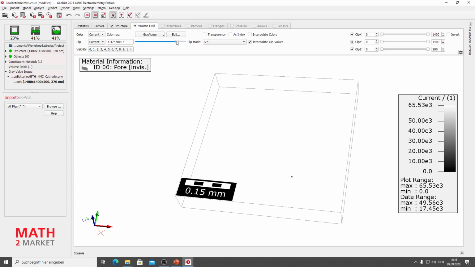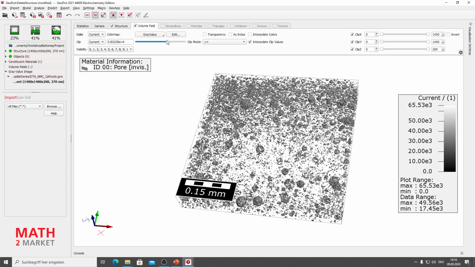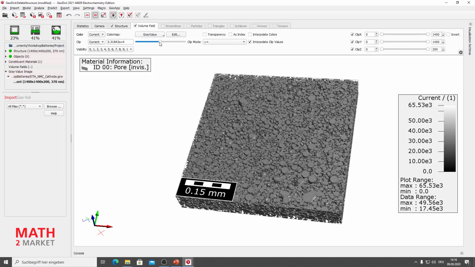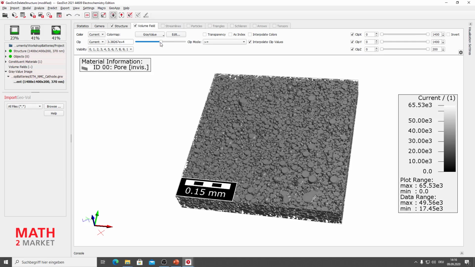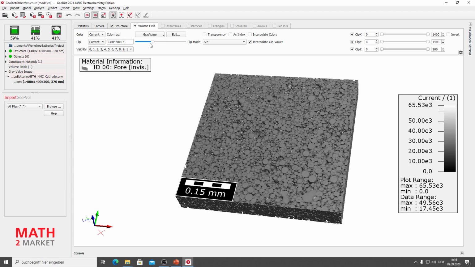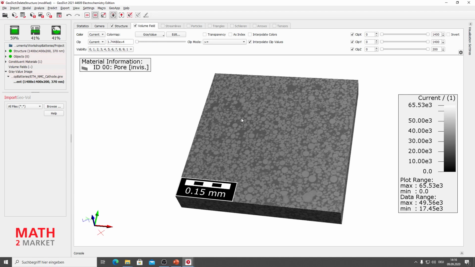You can play around a little bit with that. So this helps you visualize your gray value image, and you can also store the visualization as an image if you want to, just as you always do in GeoDict.